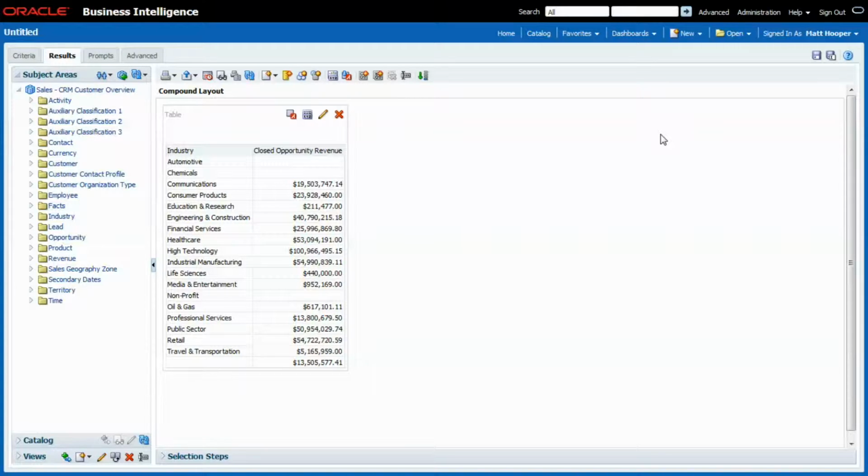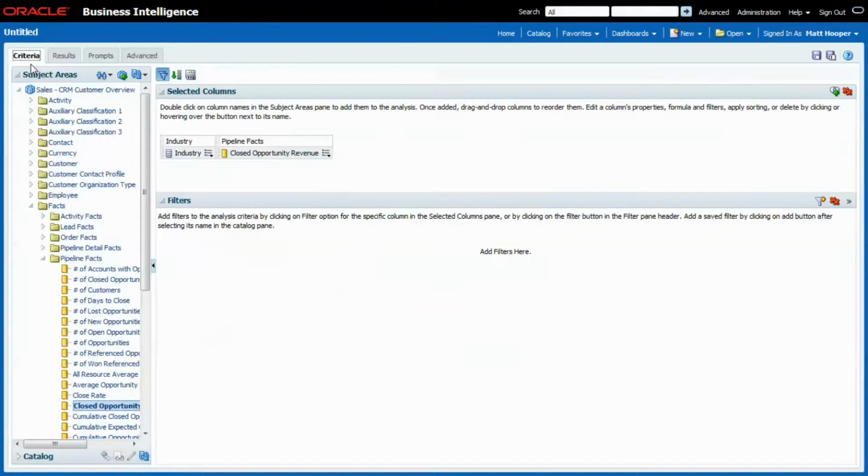As I mentioned in the previous episode on tables, always make sure your tables are verified before adding another visualization, as the table is the only format that does not aggregate data. Here I immediately spot an issue. Some of the industries have no closed opportunity revenue value, so I can filter them out. Go back to criteria and add a filter